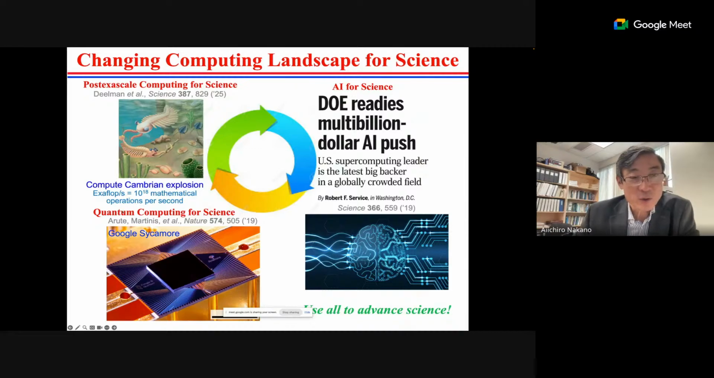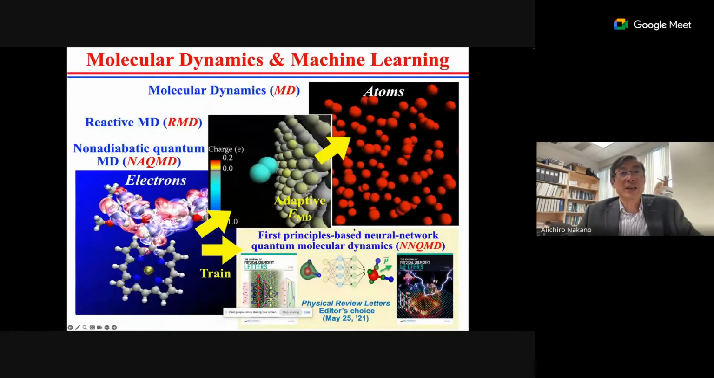At the same time, quantum computers have outperformed the fastest classical supercomputer, as represented by this Google effort, where one of the corresponding authors is the Nobel Prize in Physics laureate this year. In the meantime, AI is everywhere in science and engineering. So we want to use all of this advancement to develop advanced science. At this nexus of post-exascale computing, quantum computing and AI, what we want to do is this: molecular